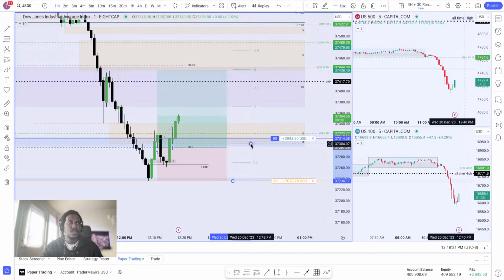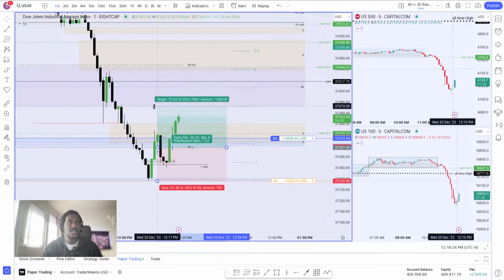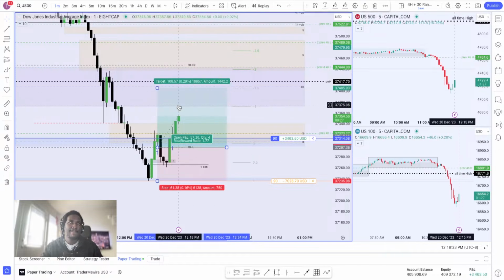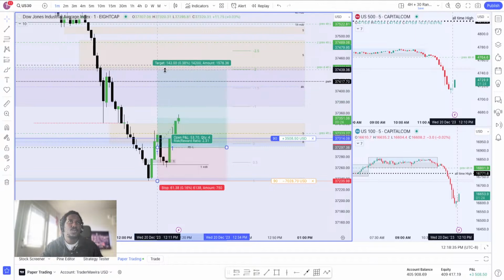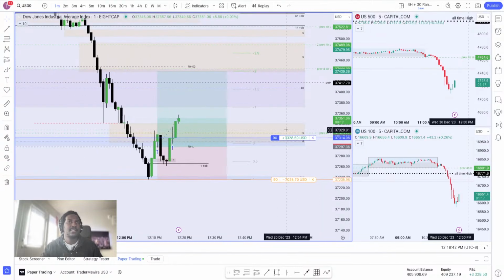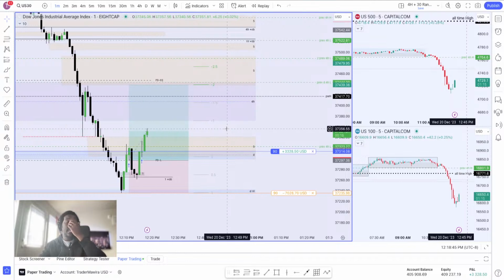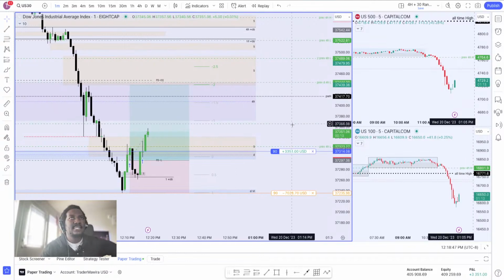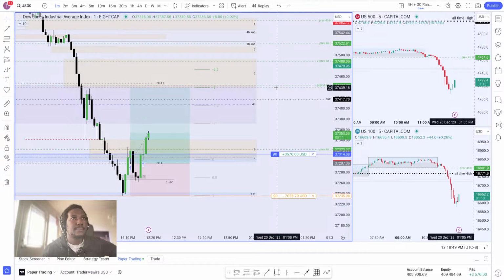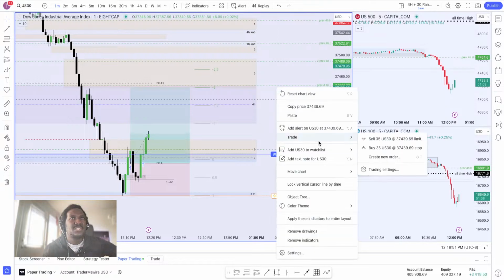So once we get to 1:1, which is right there, you want to reduce your risk by half. Once you get to 1.5, you want to break even. And then 1:2, which is just at that 5-minute fair value gap, then you want to take 80-90% off. In this case, let me just take 90% off because I'm risking quite a lot.